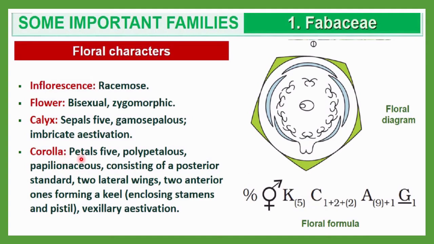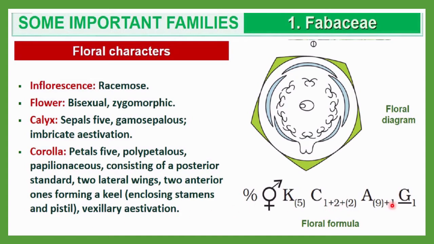Here the corolla is also 5, but you should not write 5 because all petals are dissimilar. One is very large, then 2, like that. So 1 plus 2, 1 because it is one larger one, that is the standard. Then this one is the wings, and these two are the keel, and they are linked with each other. Here you can see this is one keel and this is the second, and both are linked with each other, and that's why you have to write it in a bracket. So in this way you can write 1 plus 2 plus 2,